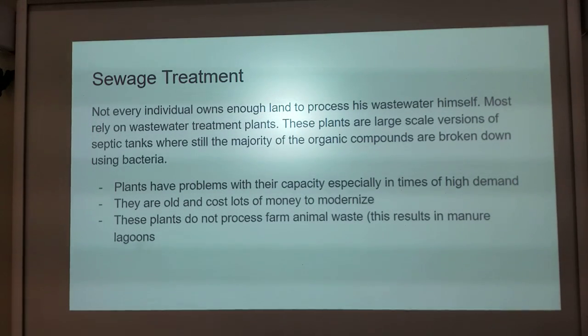The only thing that you can do, if you've reached capacity, is update your facility. You can build either a new plant or you can update your existing plant. And the problem with that is it costs lots of money. It costs a few billion dollars to create a modernized water treatment plant. So a lot of places just say, no, if we reach that capacity, which doesn't happen all the time, usually it only happens in heavy rainfall, so maybe once or twice a year for some cities, maybe even as much as 10 or 15 times a year, but still, that doesn't justify the cost of a brand new facility. So they just say, all right, we'll dump it off. No big deal. So, like I said, that's some of the downsides.